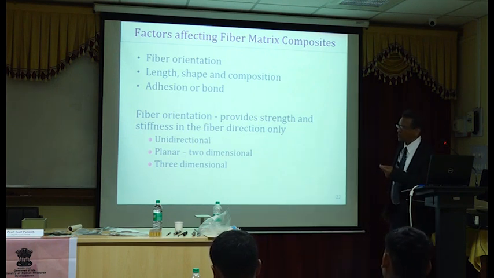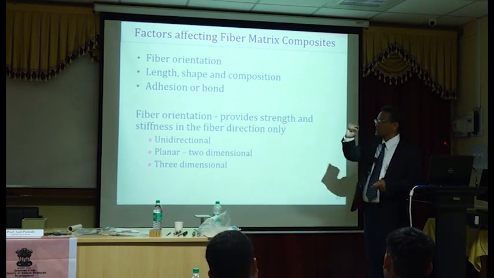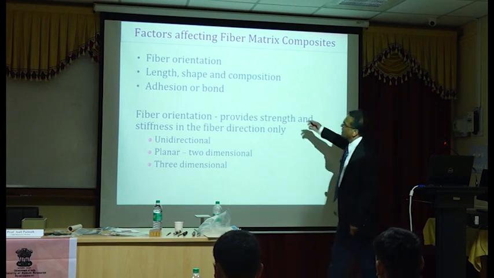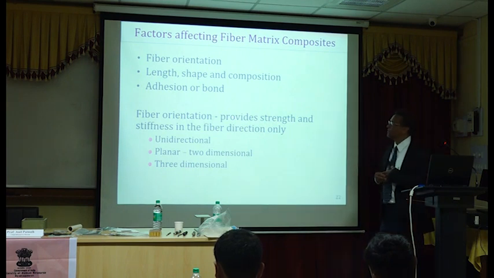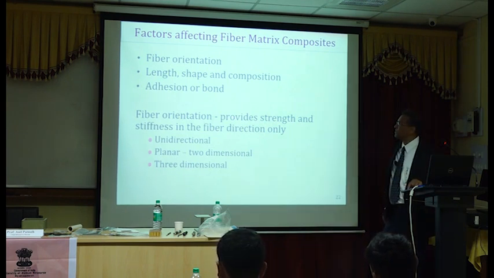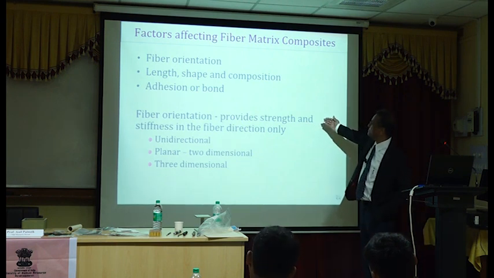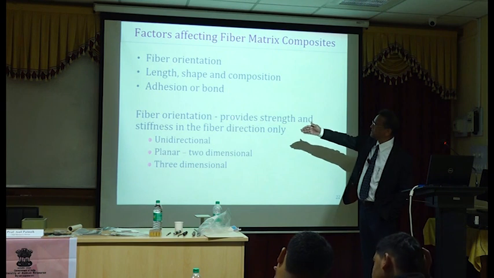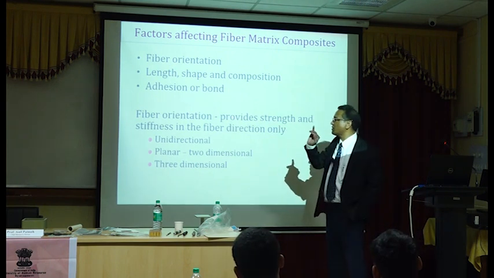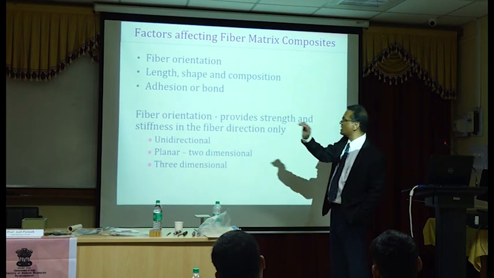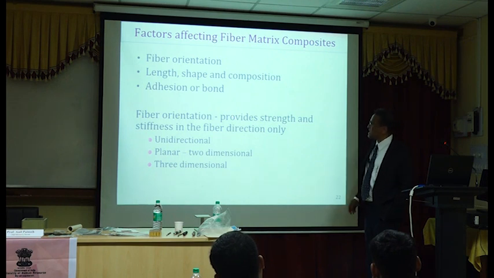But for the most part, you will have round shapes. That is, the cross section will be circular in shape. Okay, and then they need to bond with the matrix. That's very, very important. So fiber orientation is also very important because all the strength and stiffness is fiber dominated. So the fiber properties will dominate the strength and other mechanical properties of the composite in the